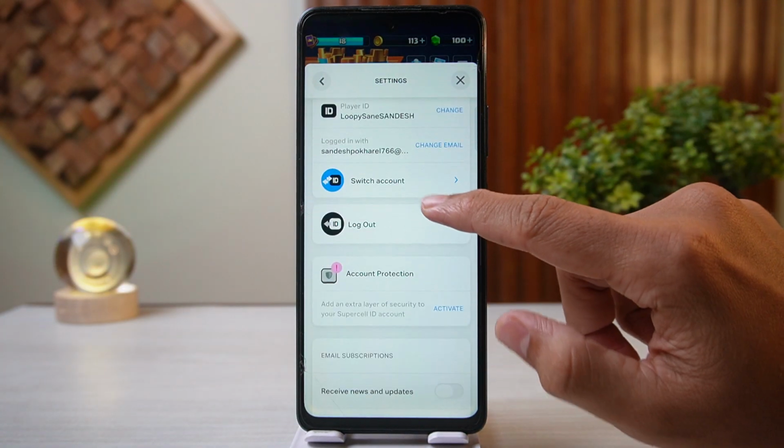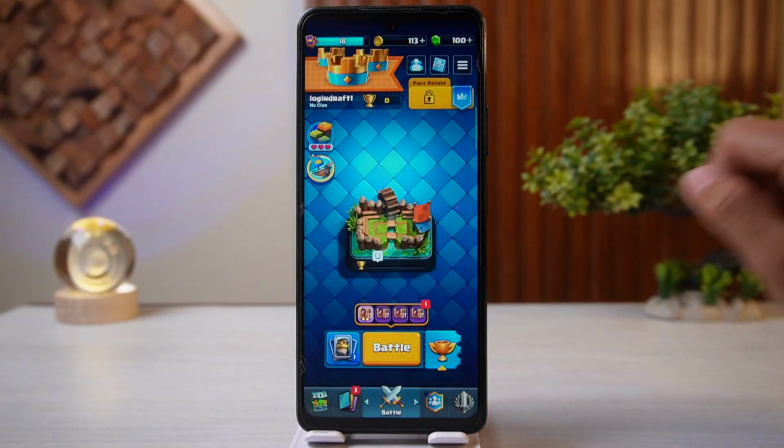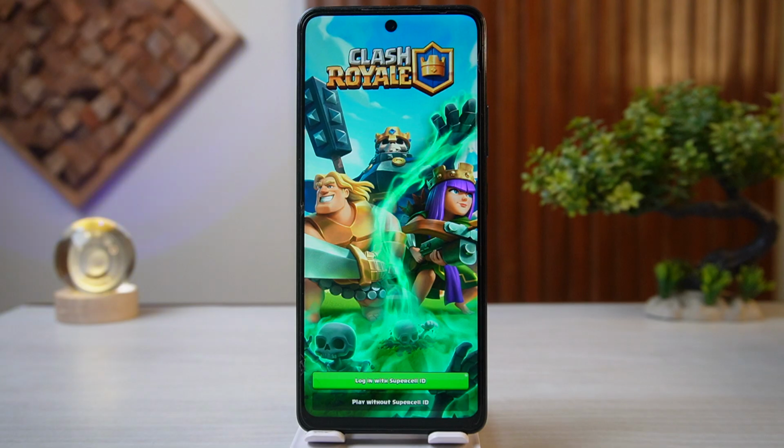And here you'll be able to see an option called Logout. Simply tap on Logout and click on Logout again. By doing so, you have successfully logged out of your